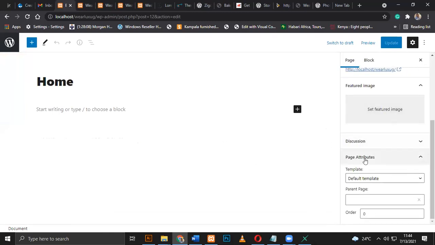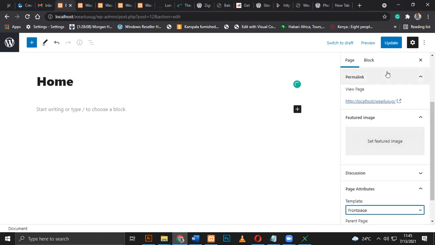Now, pages always have page attributes here. This is when you go deep in understanding how to develop your WordPress theme. In the page attributes here, there is template and there is front page and page front view. So I want my home page here in the home attributes to be the front page. Then let me